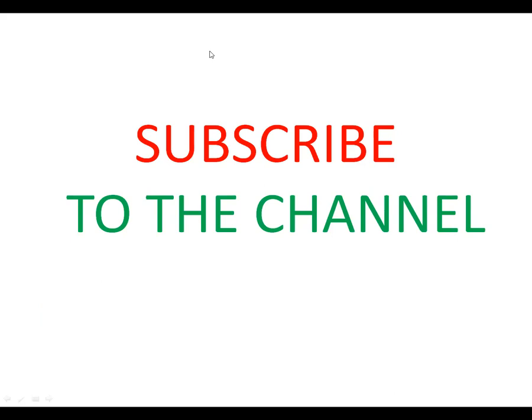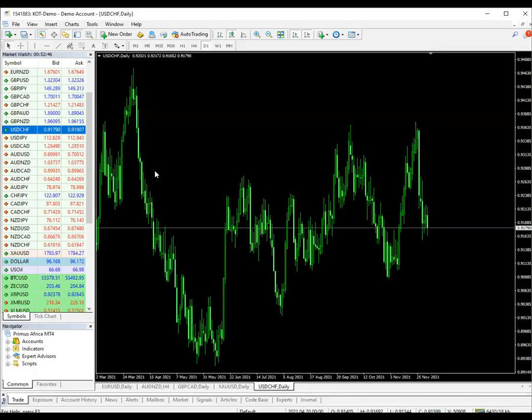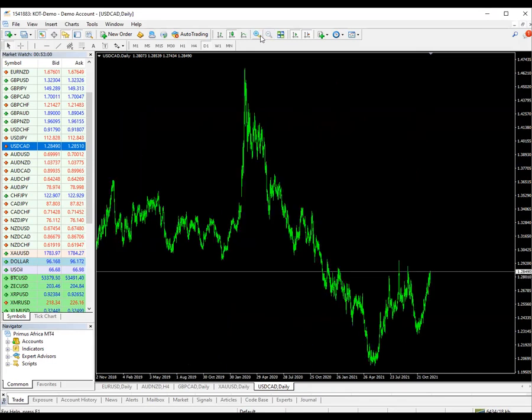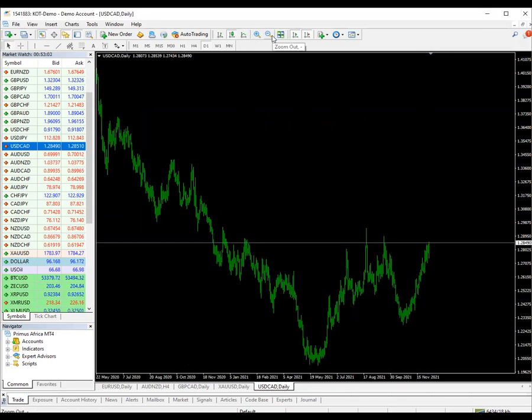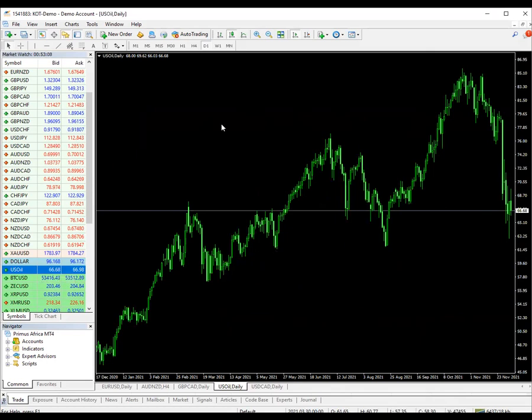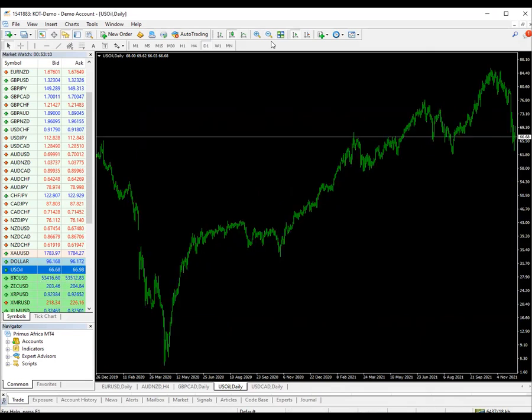Before that, I will take you to the MT4 to show you the example of how crude oil has an effect on USD CAD. Now, let's look at it here. Let's bring USD CAD. This is USD CAD on daily time frame. And let's zoom it. Can you see it? Let's go for crude oil, the US oil, which is also here. Look at it. What are you seeing?